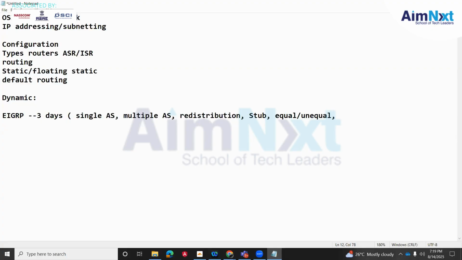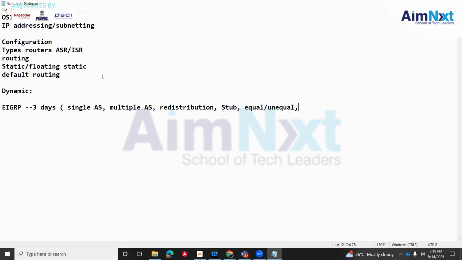Okay. And we go with authentication, and then timers. So these are the things we discuss on EIGRP with practical. For each and everything, we'll have a lab. Compulsory, we need to have a lab for each and everything. And then in the same topology, we are going with one more thing, which is called default routing